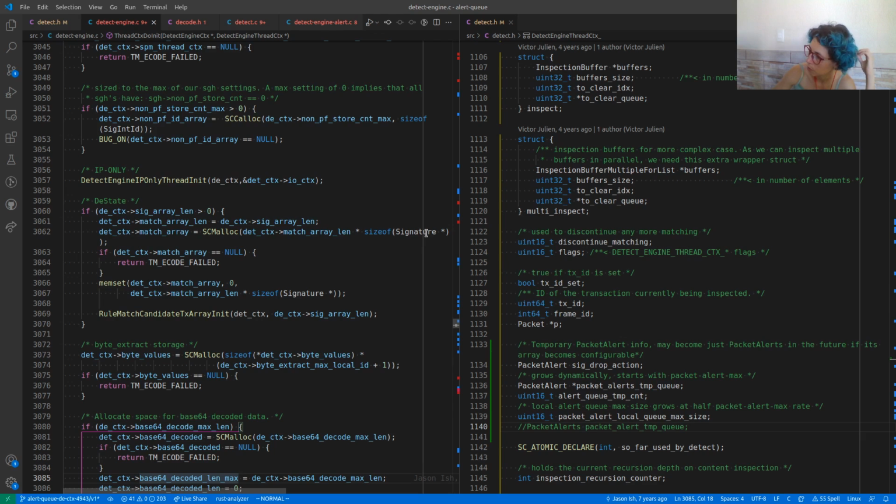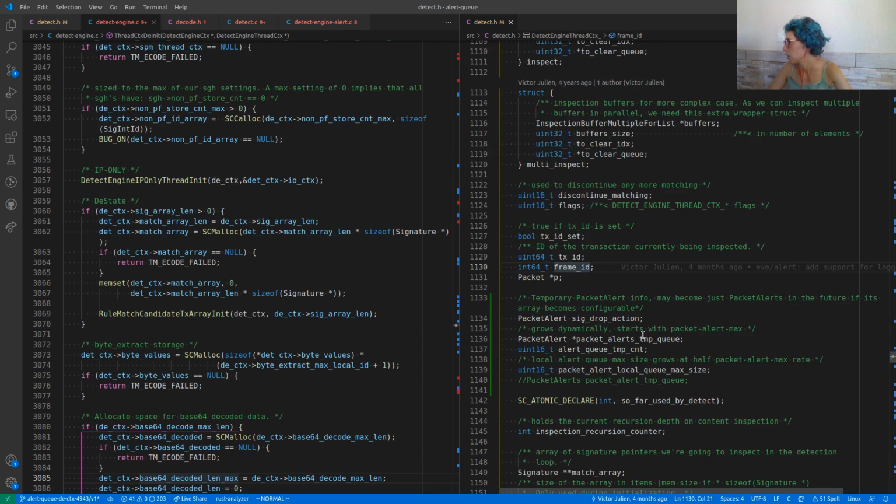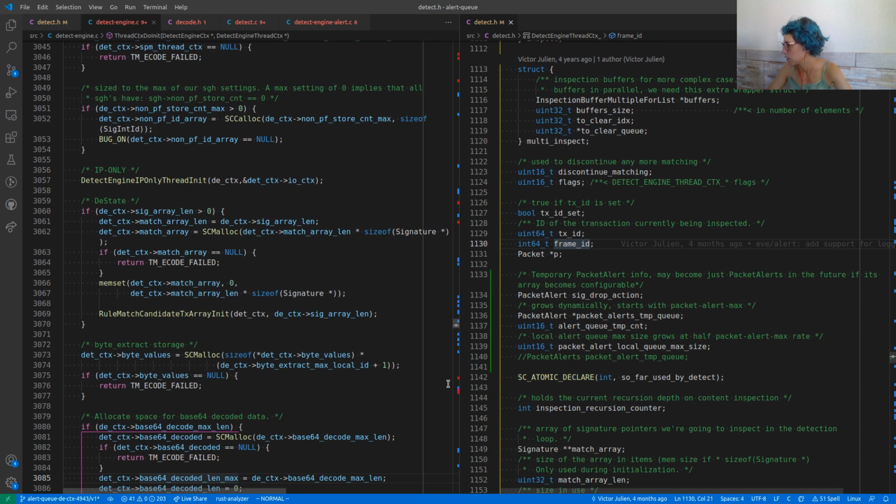This is where we were. Allocate space for base 64 decoded data. I need something to help me decide where should my thing go. Oh, it's here, the match thing. So here we have things for the match array.